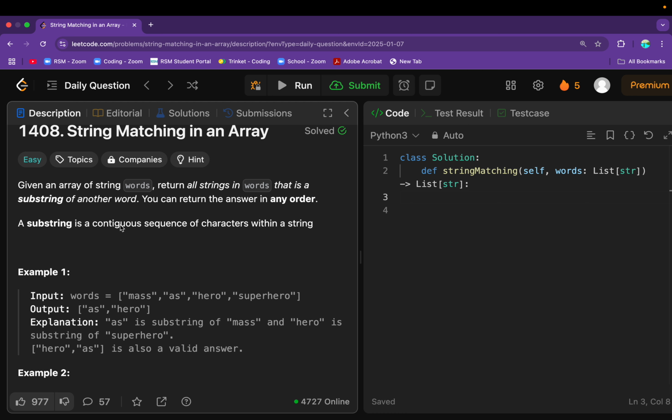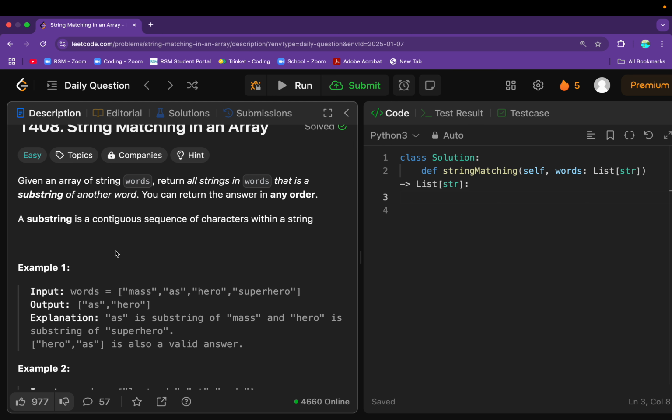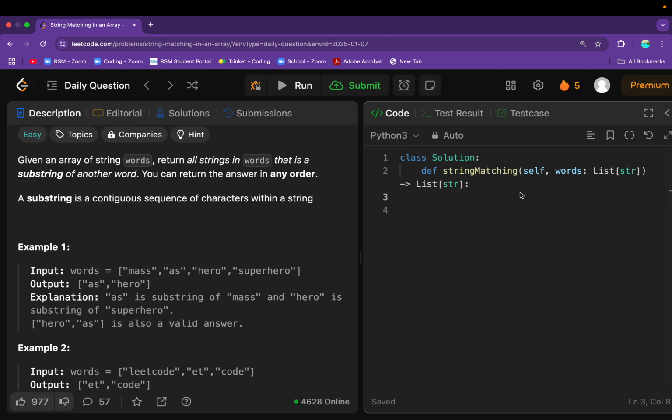And finally, we're going to return the resulting list, because again, if a string is a substring of at least one other string in any pair in the nested loops, we know it fits this condition. All it has to be is a substring of at least one other string. And if that condition holds true, then great, we can automatically append it to our resulting list. It doesn't have to be a substring of all the strings in this input array words. Okay, and eventually, again, we're going to return our result,